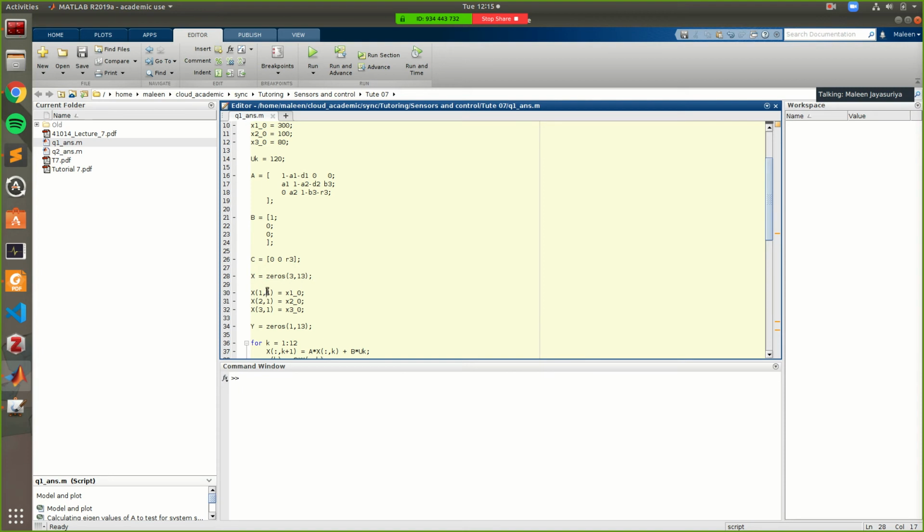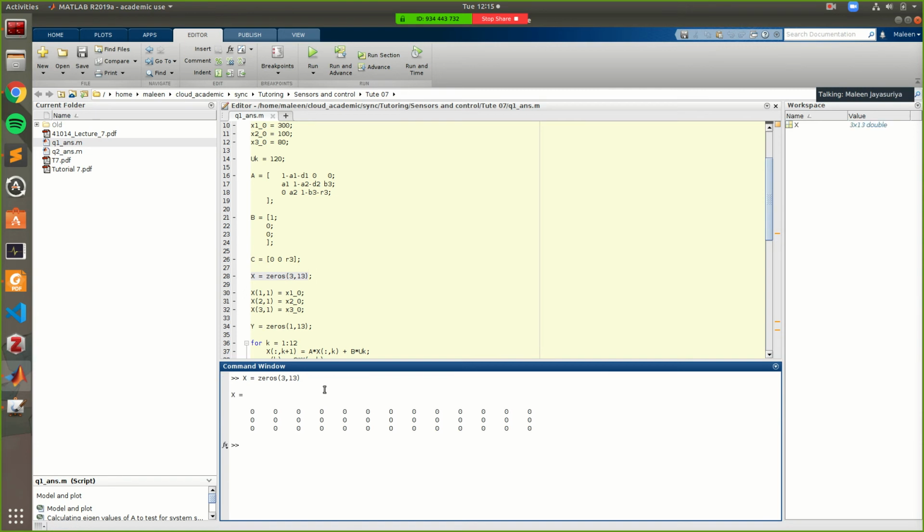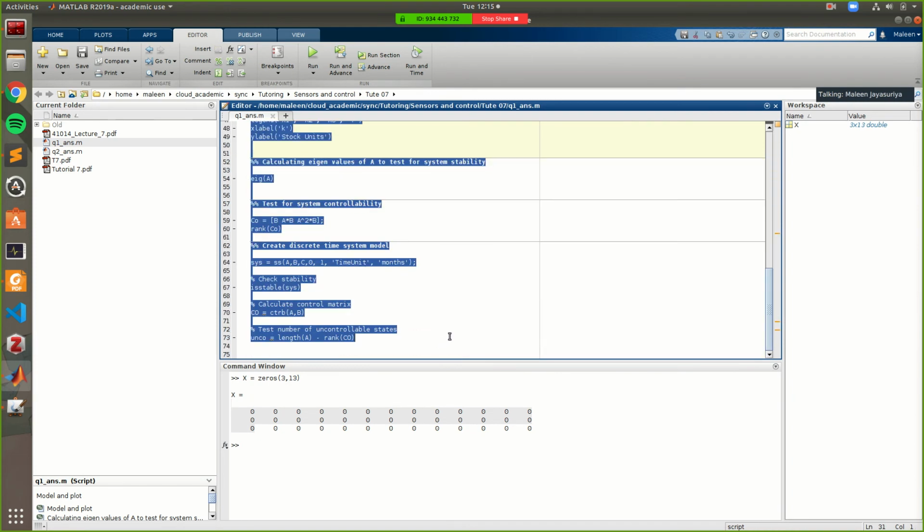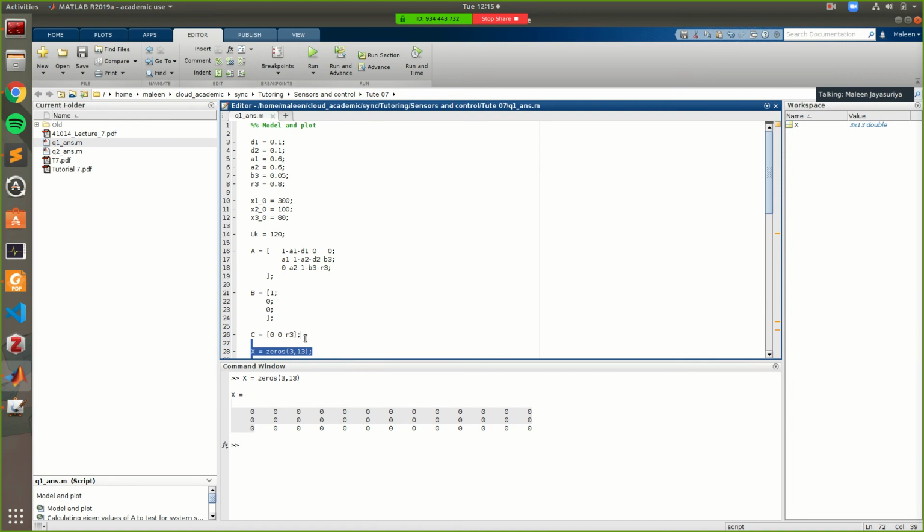And obviously the first row in these 3 states is going to be the initial states, right? So if I plot this out, this is what it will look like, right? And the first row in this empty 13 by 3 matrix is going to be the initial states that we're starting off with, right? So we fill those up first. So I'm going to comment this stuff out just to show you guys step by step what's happening.